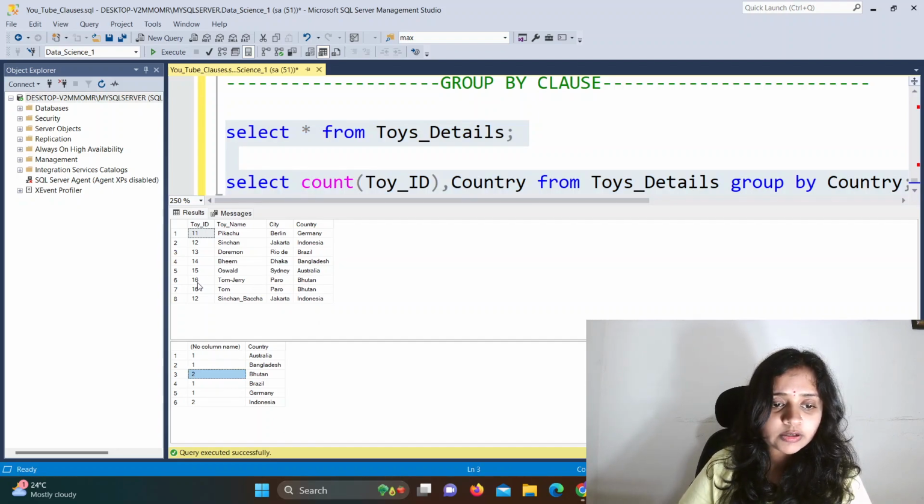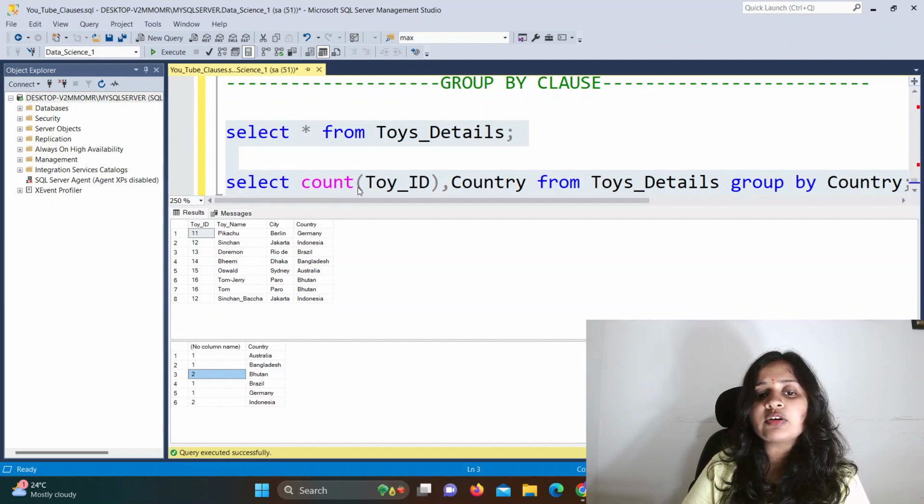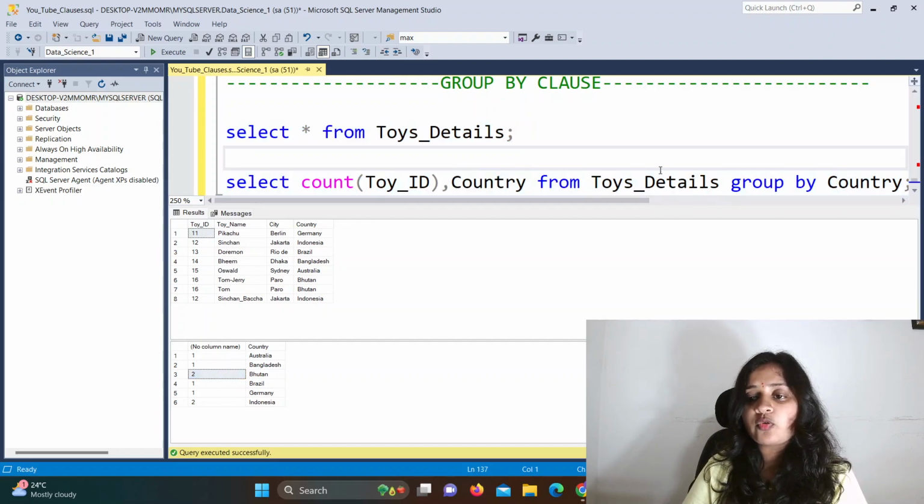Just have a look, toy ID 16 is repeated twice. That's why it is given as 2, because we have used the aggregate function count of toy ID. So it is counting the toys and, with respect to that, giving you the country name. This is the piece of code, and in this way the group by clause is used, where you need to use it and how you need to use it.